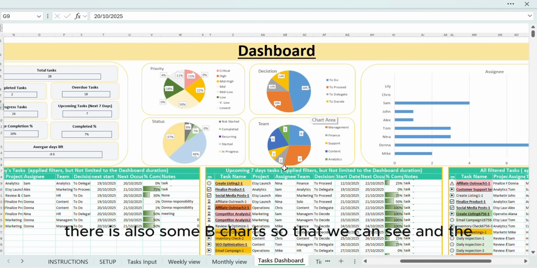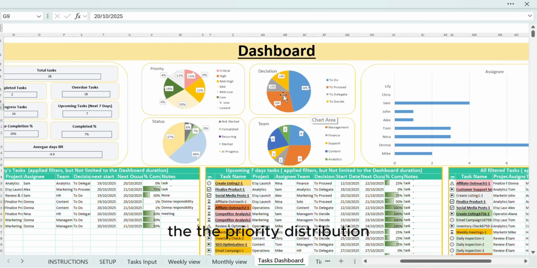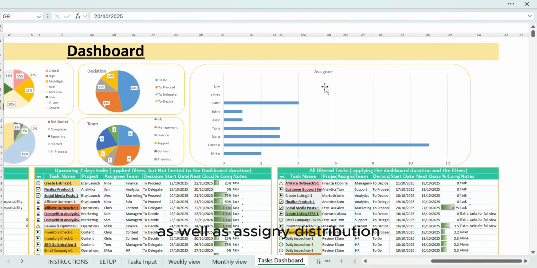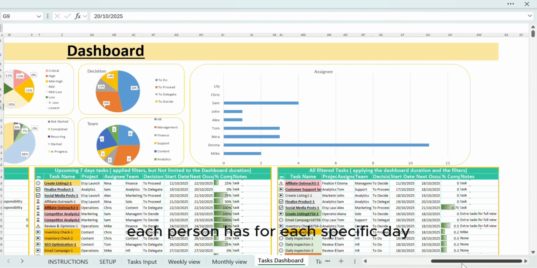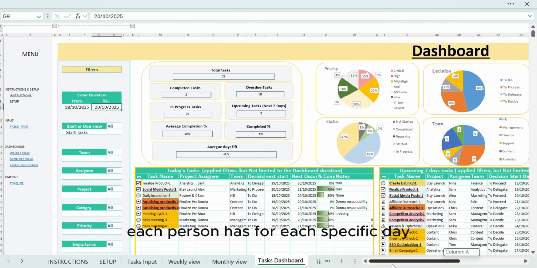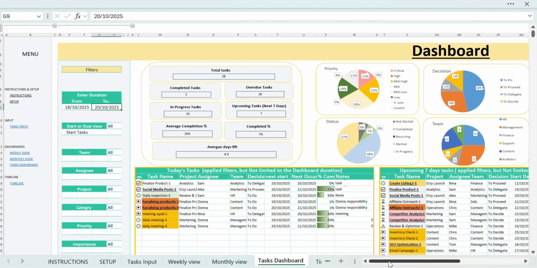There are also some bar charts so that we can see the priority distribution, decision, status, and team, as well as assignee distribution, so that we are aware of what each assignee has, how many tasks each person has for each specific day, for each specific duration that we enter. Then